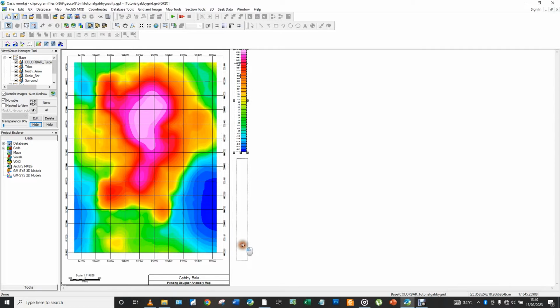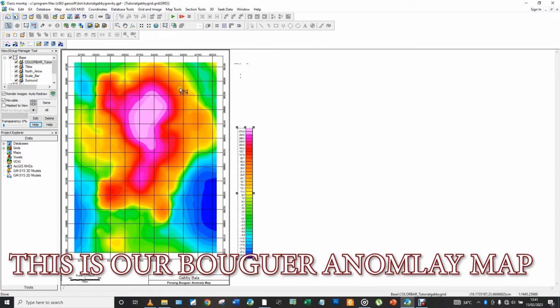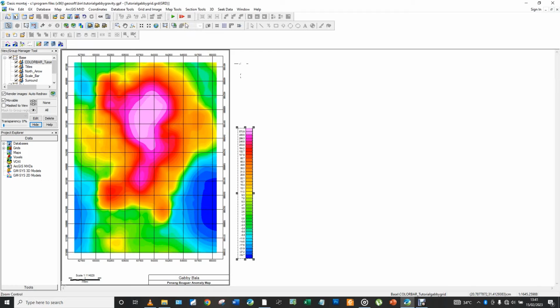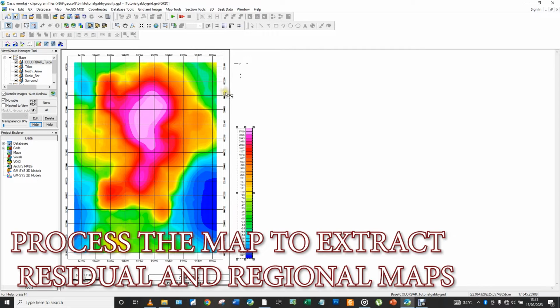Drag the color legend, drag it to expand it how you want. This is okay for me. So this is your map right here. Okay, so we've created a Bouguer anomaly map for Penang. Process the map. Okay, so to process the map,